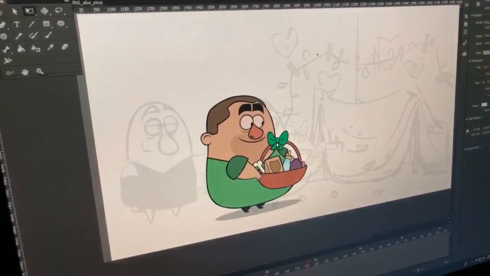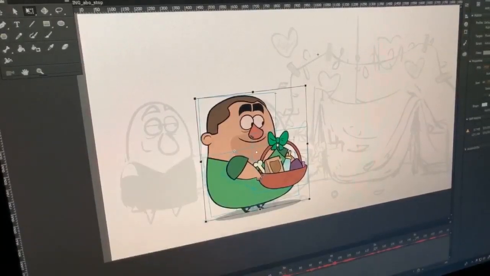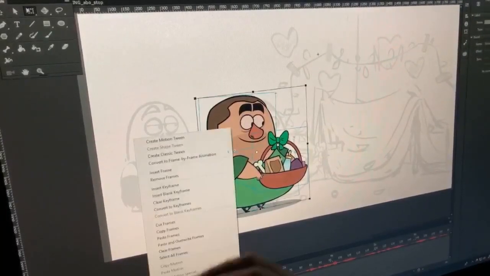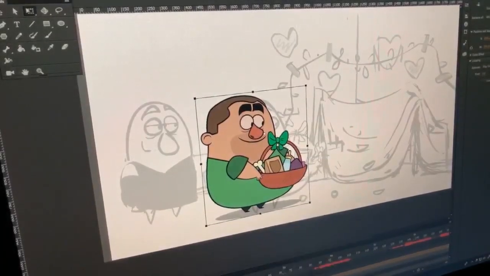And then what I do is I take that action and copy and paste it. So I'm going to duplicate that action. And that happens all the way to frame 38.